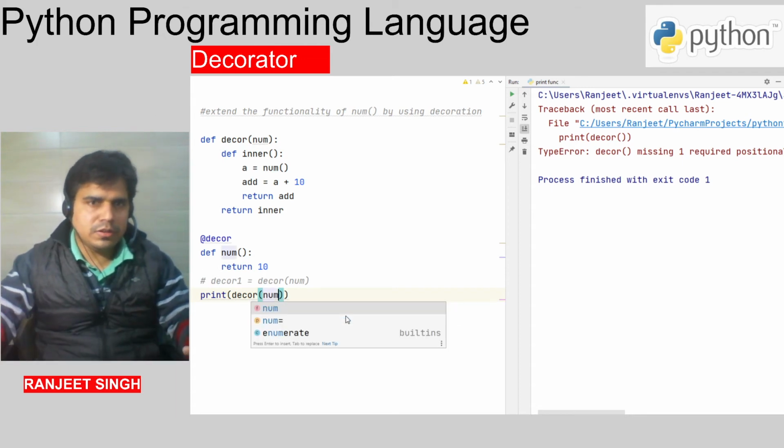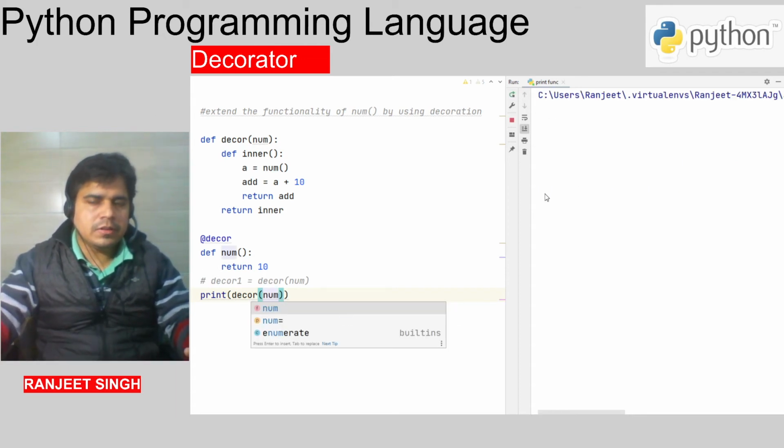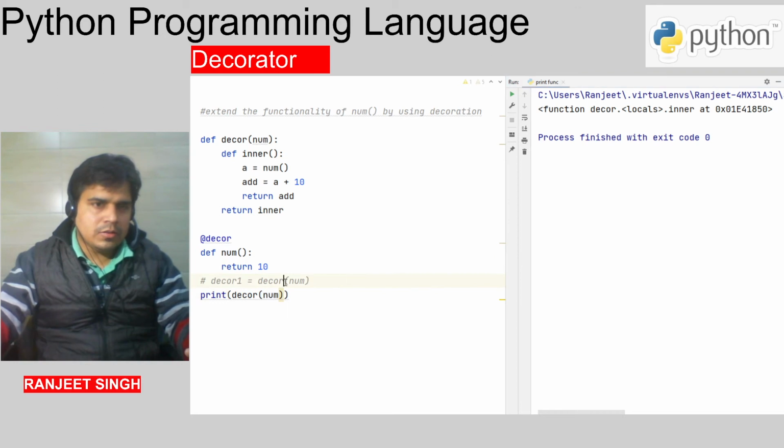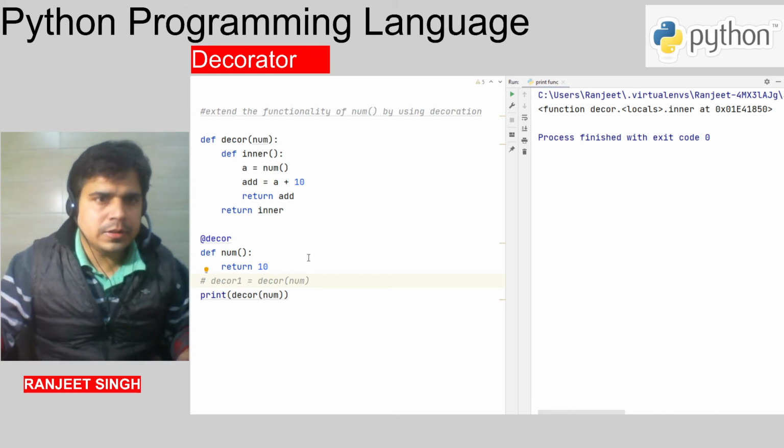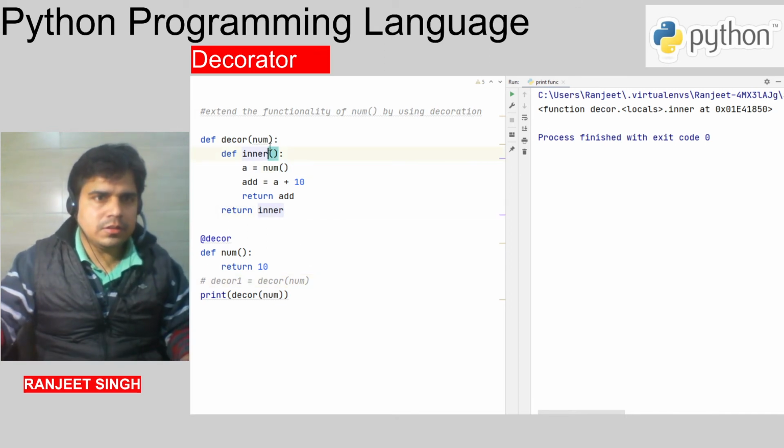So if we pass num, then that local dot inner. Okay, return.